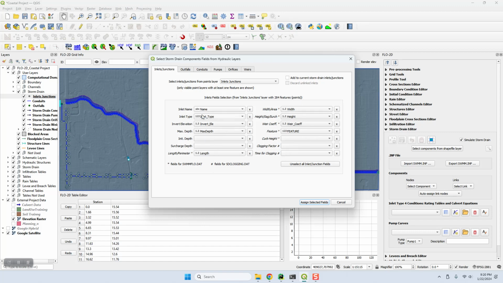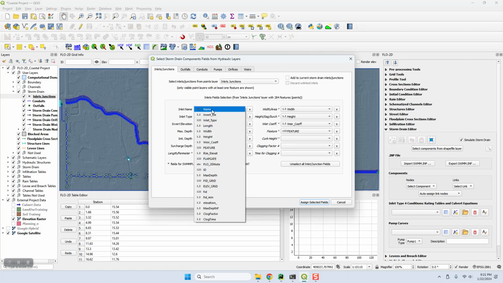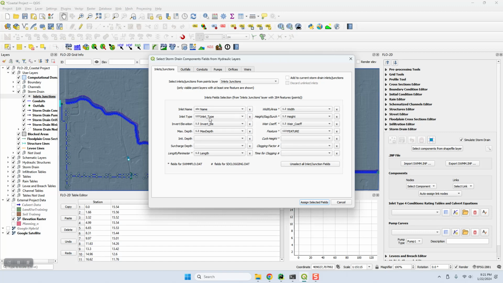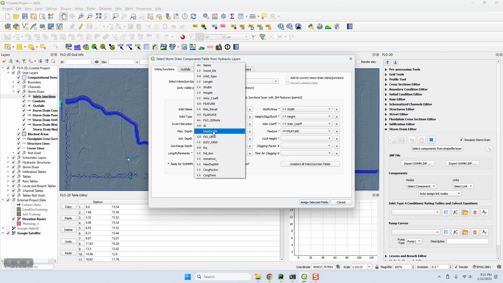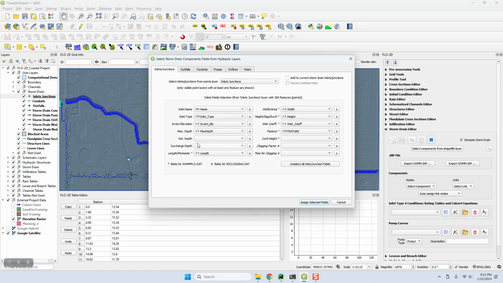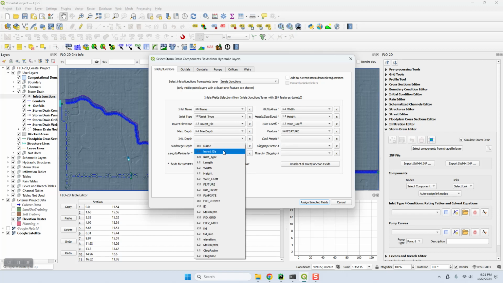Now you are not going to see this because this is your first time doing this. So be sure to set this one to inlets and junctions. And this one, let's do this. That's the inlet name, inlet type, invert elevation, maximum depth, and these are probably not required, but you might want to set this one to surcharge depth for the manholes